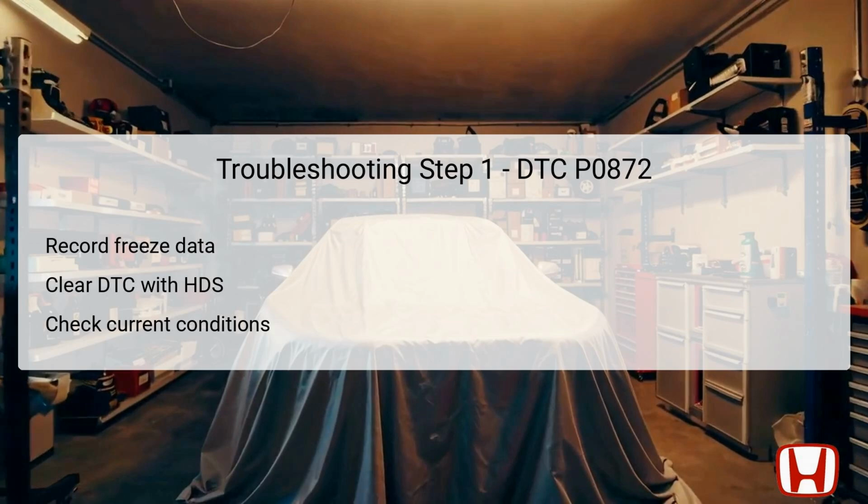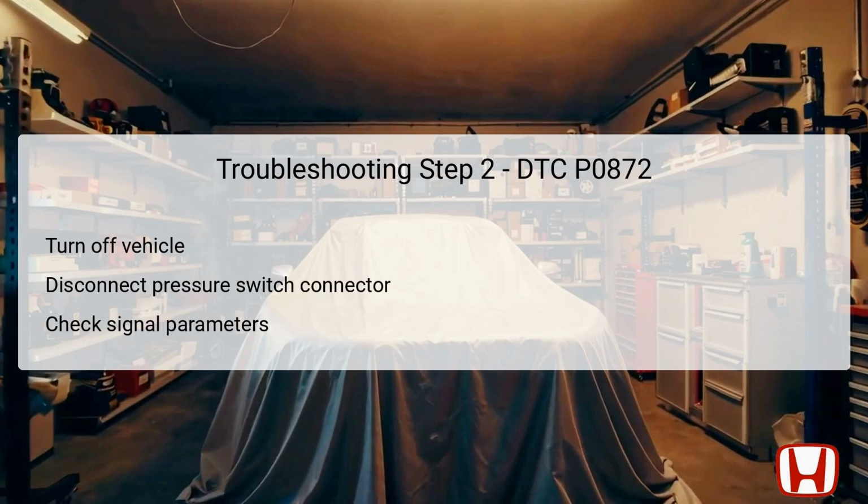2. However, if the conditions do not match the thresholds, this suggests an intermittent failure, prompting an examination for poor connections or loose terminals in the related electrical circuits. This first step is foundational in isolating the fault and determining whether it lies within the electrical components or the transmission system itself. For the second step in troubleshooting DTC P0872, the process shifts focus to the transmission fluid pressure